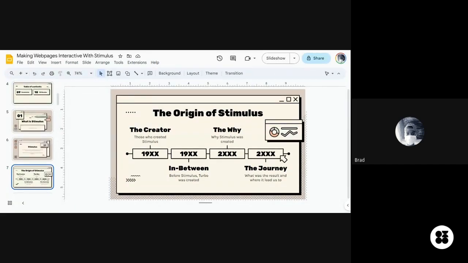I think I need to hurry up and not waste time explaining this. So let's just go to the next one. Why was Stimulus created by developers at Basecamp? Something we need to know before we go a little bit deeper on the why: the applications built by developers at Basecamp are server-side rendered. And we all know that server-side rendering is quite fun. It's fast, what's it called?